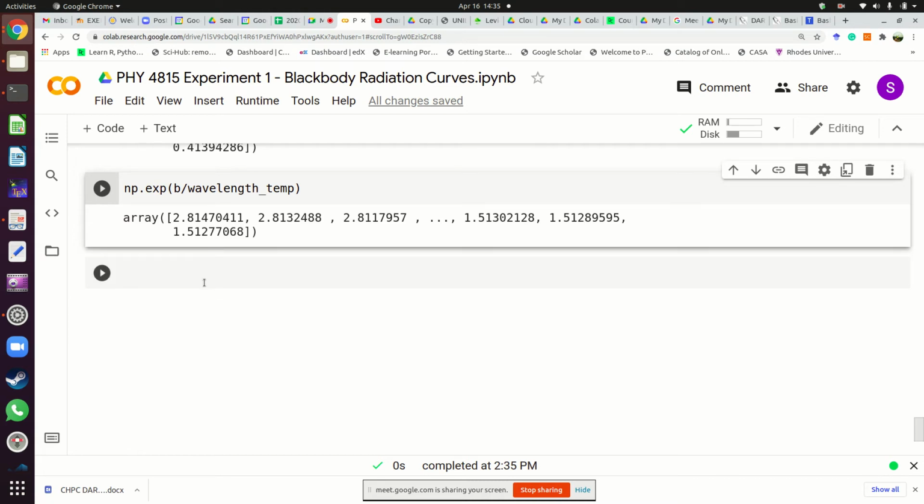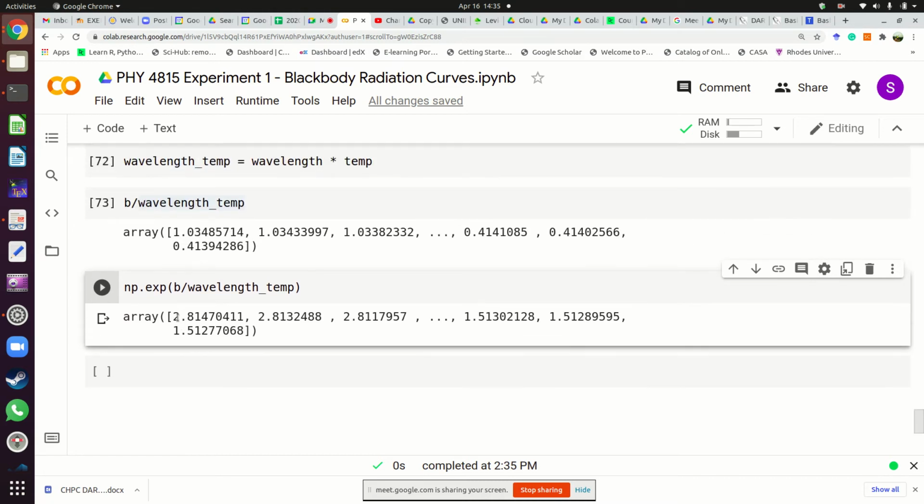Okay, so if I start from 2 micrometers to 5 micrometers, we'll adjust this later on. We just want to see if we can find a way of making this work. So if we get this, next,